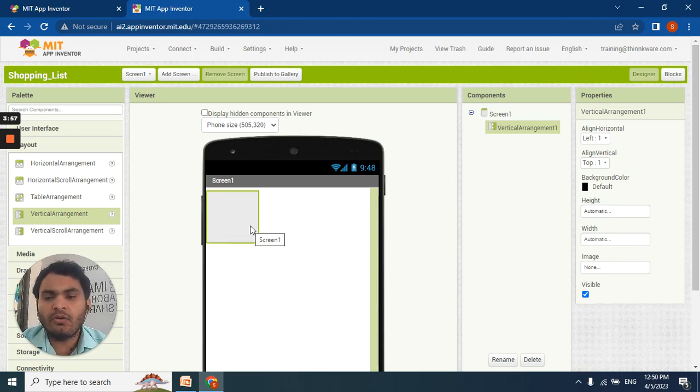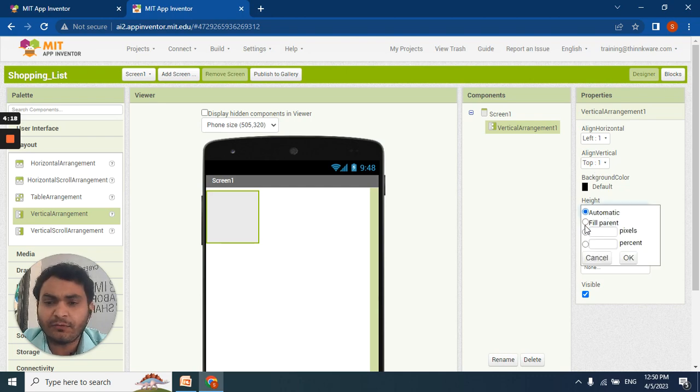Now we need to keep changing the properties of each component we select from the palette. So let's change the properties for the vertical arrangement. First, let me change its height to fill parent, as I just want to fill up the page.